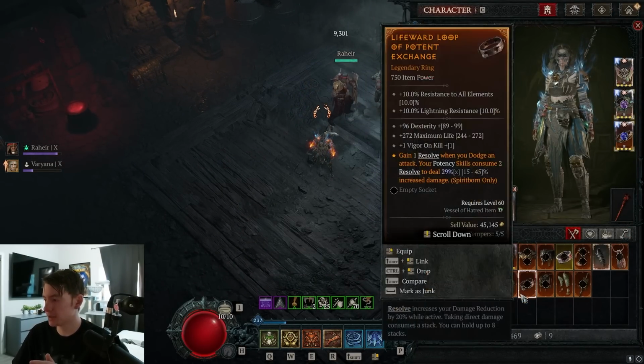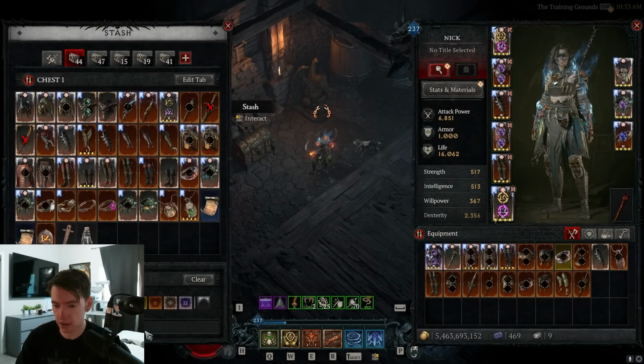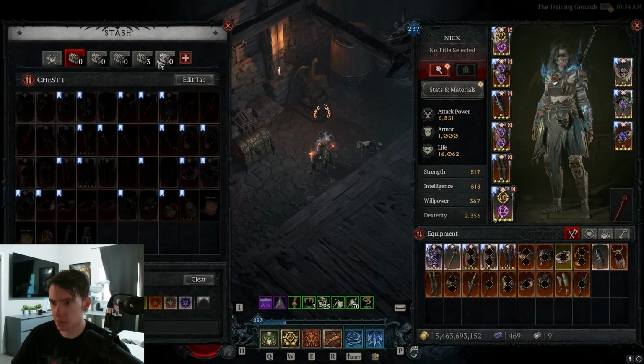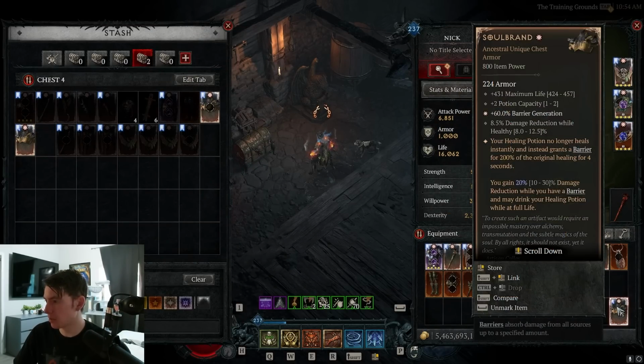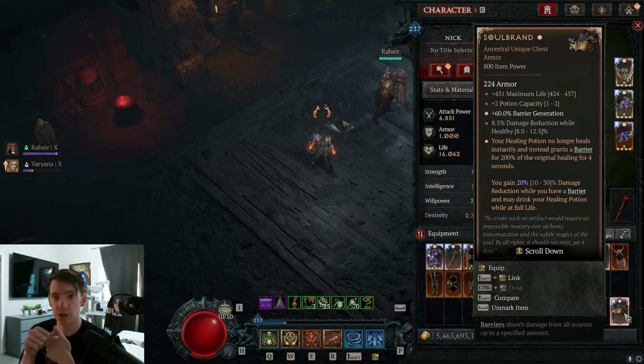You guys have probably seen a video or two, or a little bit of information about Soulbrand and people using this item. Let me grab one real quick. The reason that people are using Soulbrand is because of the affix barrier generation. I want to explain one, why barrier generation is good, two, why Soulbrand is bad, and then three,